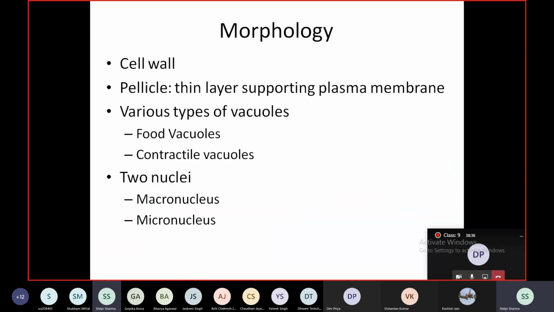Let's look at the morphology of protists. The cells of protists are among the most elaborate of all cells. Especially, like I mentioned, the cell walls are quite ornamented. They're colored organisms. Some cells may be enveloped simply by cell membranes, just like animal cells, while others have cell walls. Some have a thin-layered proteinaceous covering called a pellicle. This is a term restricted to protists, where they have only a thin layer of support to the plasma membrane. In protists, the vacuoles are of much significance.